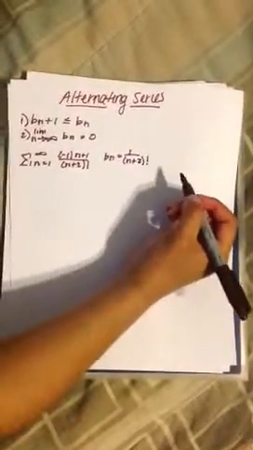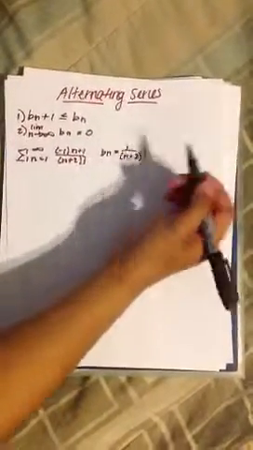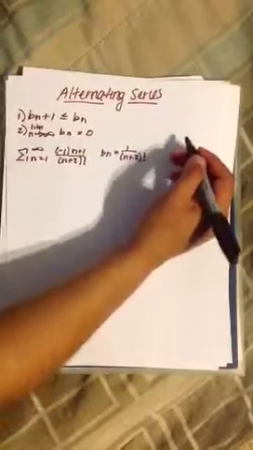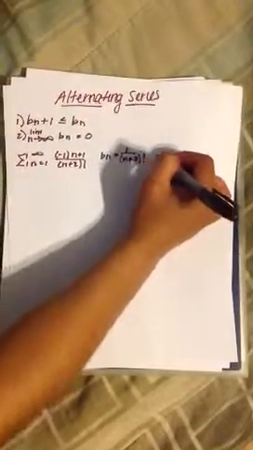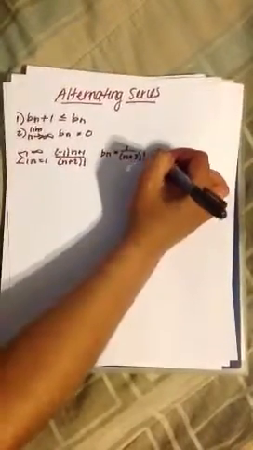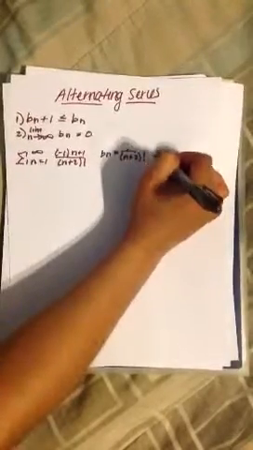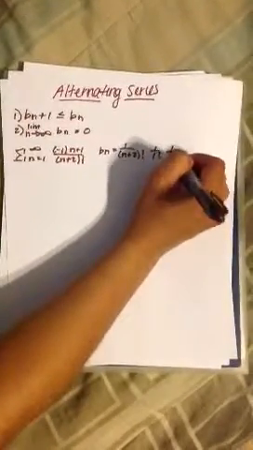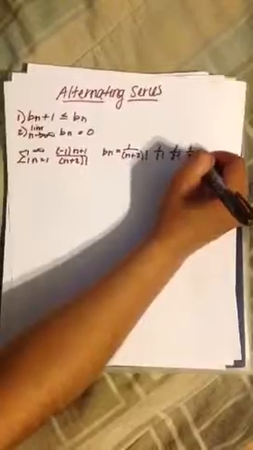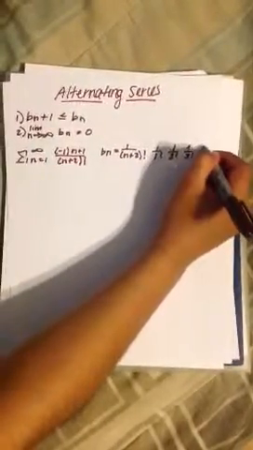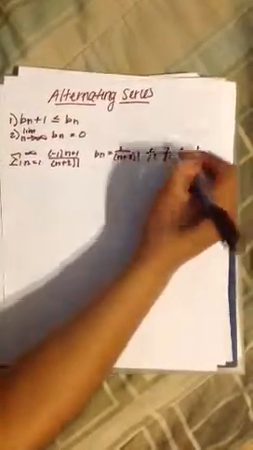And well, I like plugging in numbers first. So if you plug in, let's say 1 over 1 factorial, 1 over 2 factorial, 1 over 3 factorial, 1 over 4 factorial, and so on and so forth,